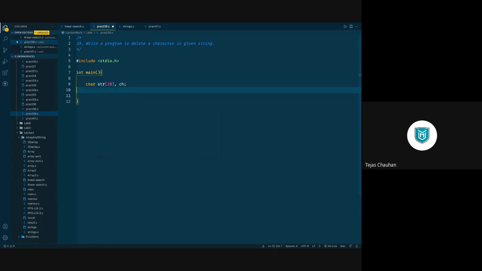Now I know that I'm going to use looping structures here, so I'll take i as a loop control variable, j as another loop control variable. Later on you'll come to know that we will require 2 loops.